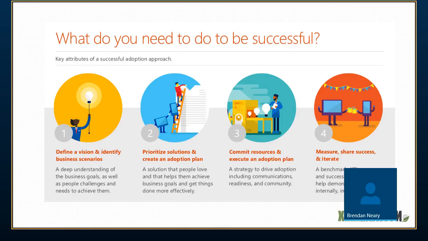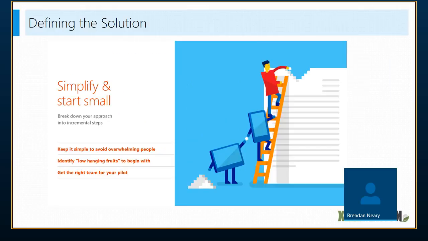Let's jump into now prioritizing and creating that adoption plan. So here's the thing, in terms of defining the actual solution that's going to impact those business scenarios and use cases and even the challenges that you've defined earlier with your team, you want to start small and make sure that it's nice and simple. So you don't want to overwhelm people. You don't want to try to boil the ocean and try to accomplish too much, because what will happen is